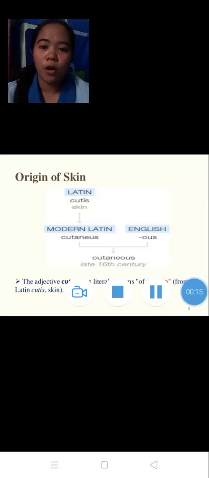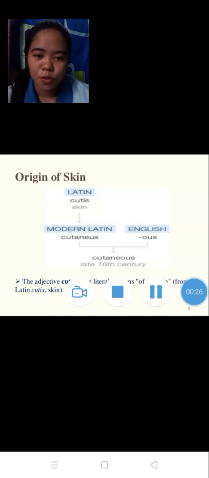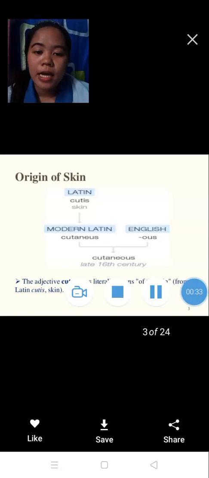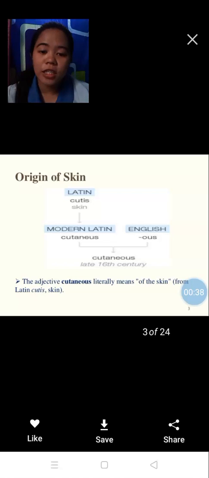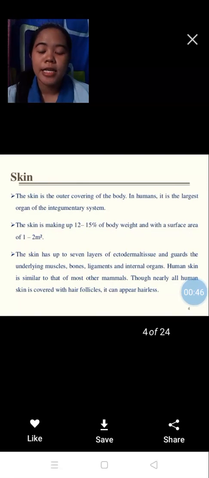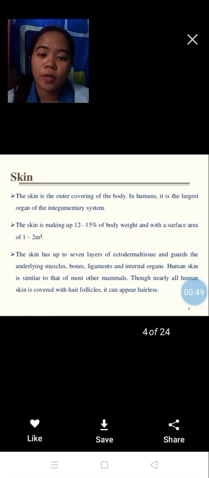Hello class, today's topic is skin and its structure. First, the origin of skin. In Latin, it is cutis, and modern Latin is cutaneous. In English, they add OUS, and in the late 16th century they called it cutaneous. The adjective cutaneous literally means of the skin, from the Latin cutis. The skin is the outer covering of the body, and in humans it is the largest organ of